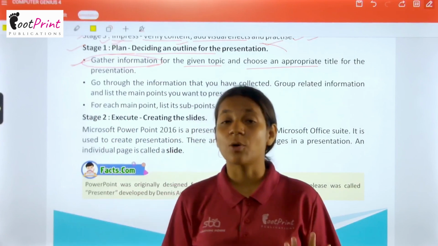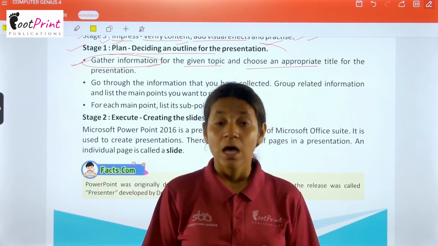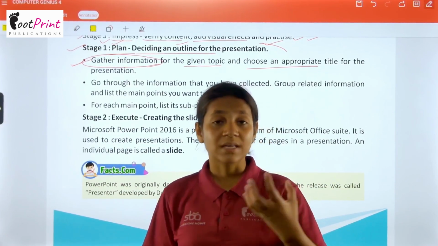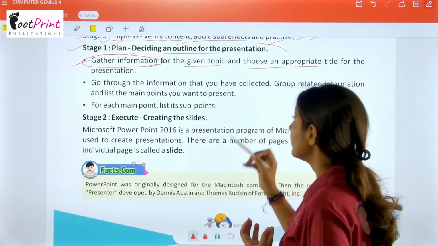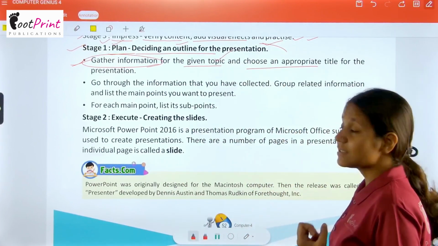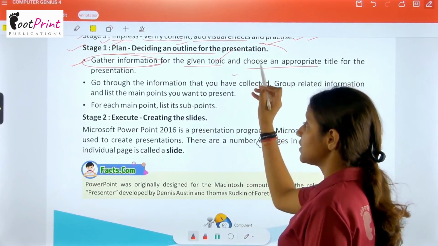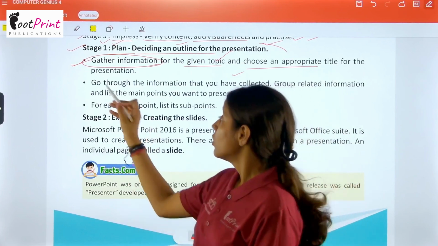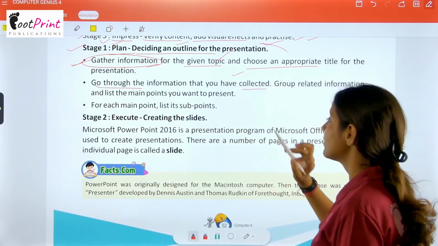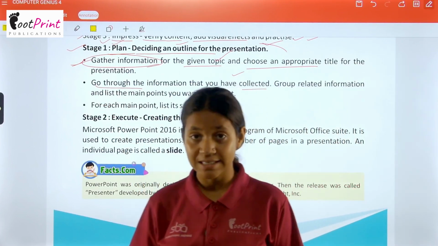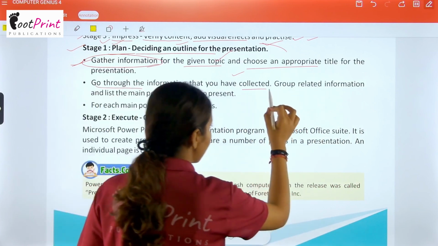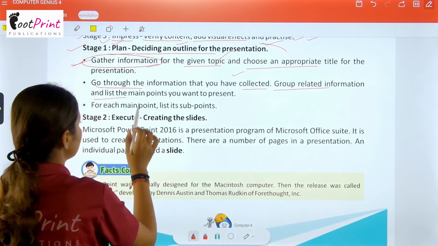So, on whichever topic we have to make a presentation, we will gather a lot of information on that topic, and then we will choose a topic, a title for the presentation. Now, go through the information that you have collected. Whatever information you have collected, we will keep going with it, and group related information and list the main points